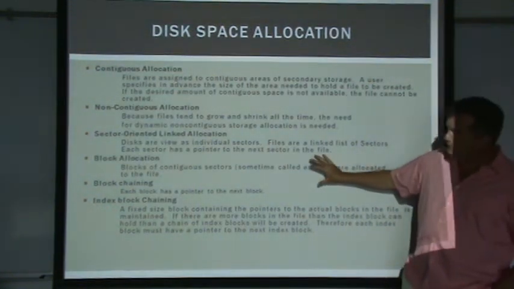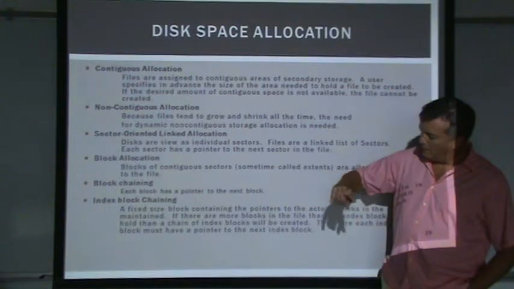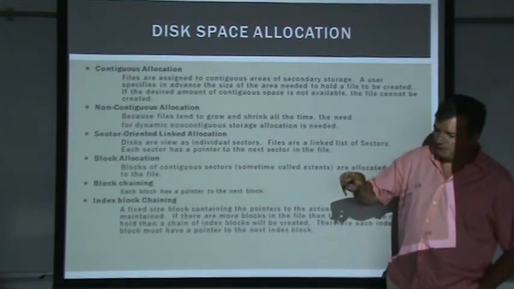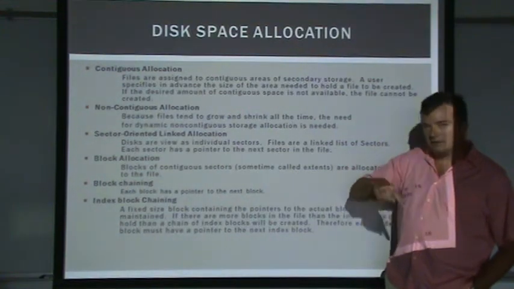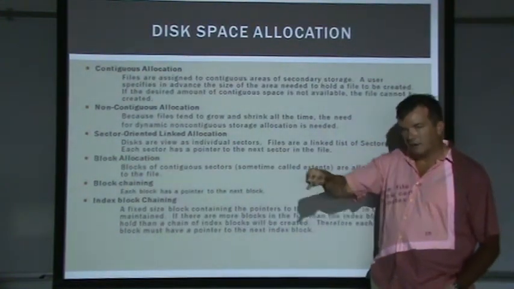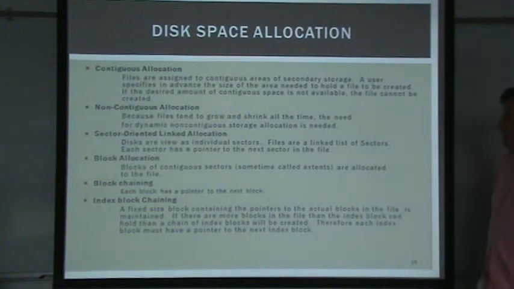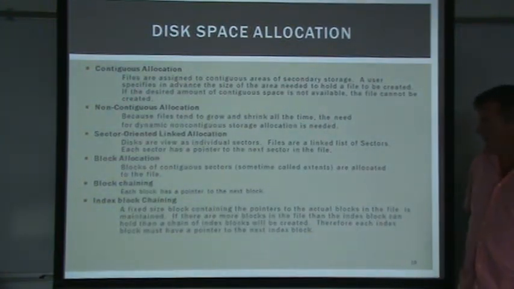So we get somewhat the advantage that, as we go and read the file off of the disk, once we get started, we can keep doing a contiguous read, which saves time. We're not jumping around. The read-write head is not jumping around. But we're not required that the entire file is contiguous.